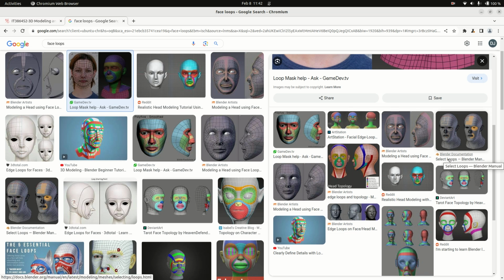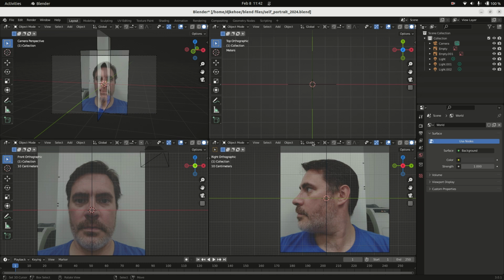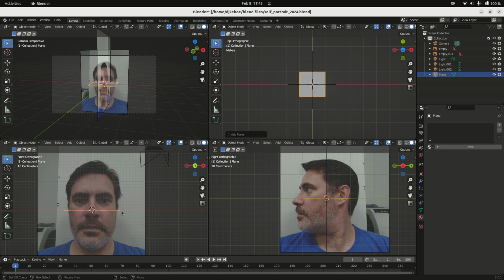The idea behind this exercise is to give you some experience playing with face loops and modeling from a reference object. Now, even when you start with a reference object that is front and side, it's not just enough to say, let me add a plane. And I can't just say, in this dimension,